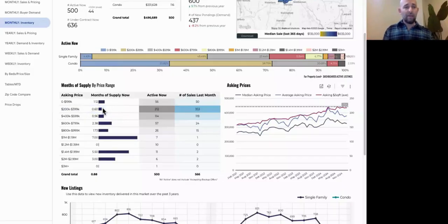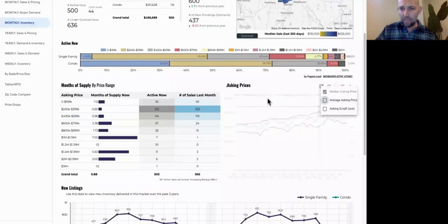So again, I don't know if your CRMs have the ability to break down your prospects into a price range. I think that would be an amazing thing to add in as a custom field for your CRM. There's a lot of reasons why I would suggest doing that, because you can go back and tackle your CRM by price range, which I think is a really sharp, accurate way to target your marketing efforts. But anyway,